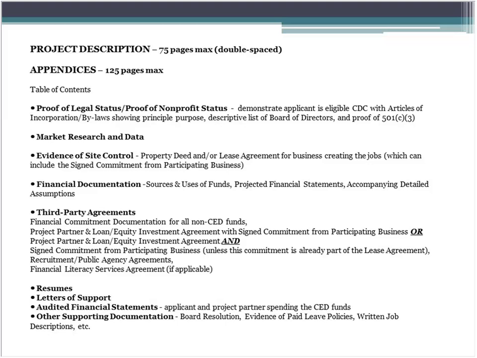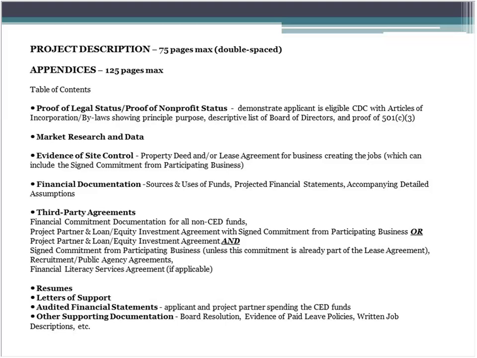So for third-party agreements, you're going to have all your financial commitment documentation for all your non-CED funds. Then, depending on how the project is structured, you're either going to have one agreement that would be the project partner agreement with a loan equity investment agreement with the signed commitment from the participating business, or if you're using the funds directly somehow and you don't have a loan or equity, then you'd have a project partner agreement with a signed commitment from the participating. Oh, no, you wouldn't. We'd have to figure out how you're going to do that project partner agreement if you're